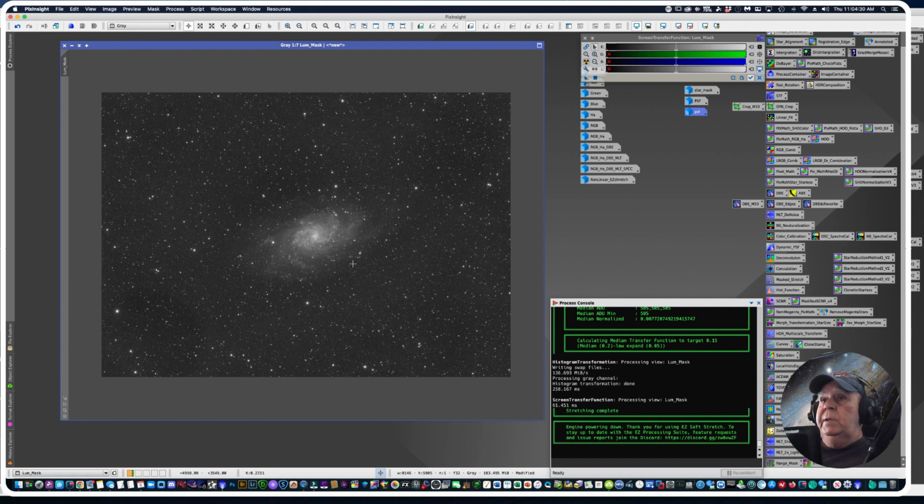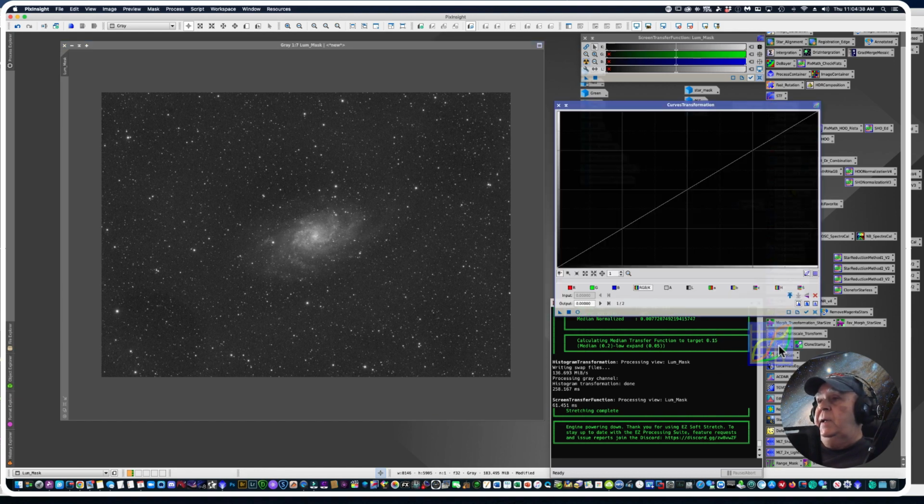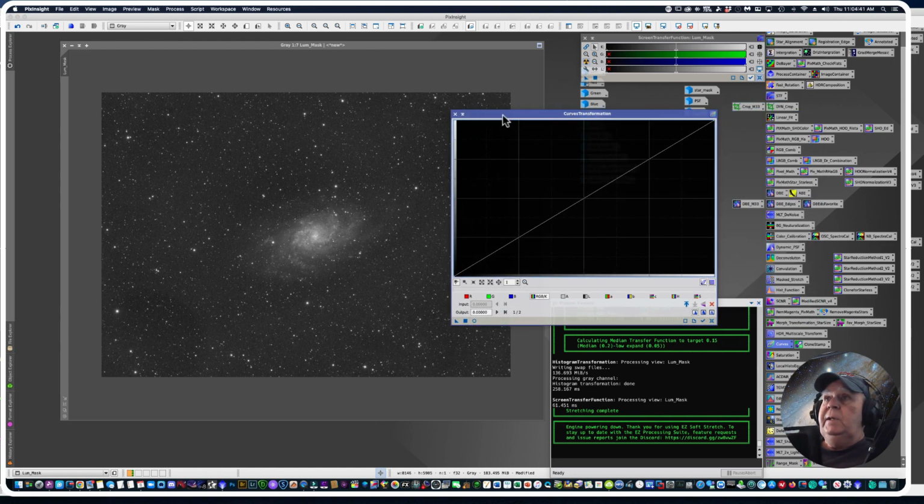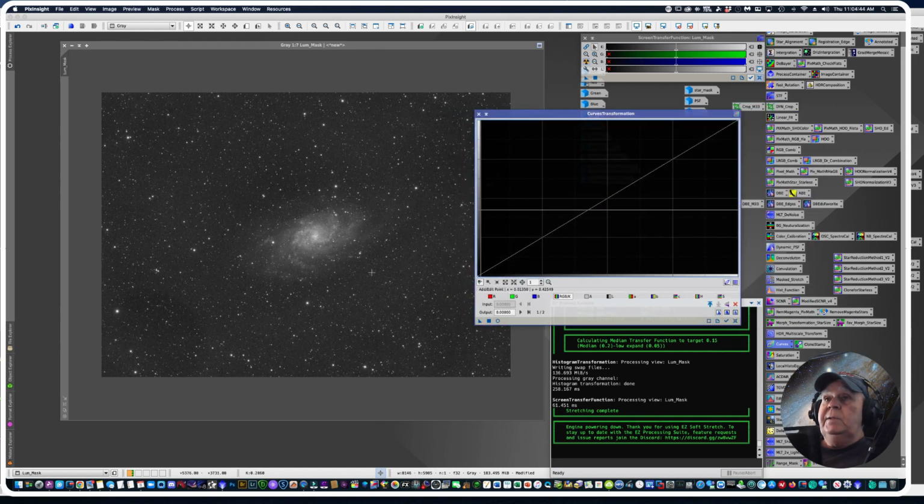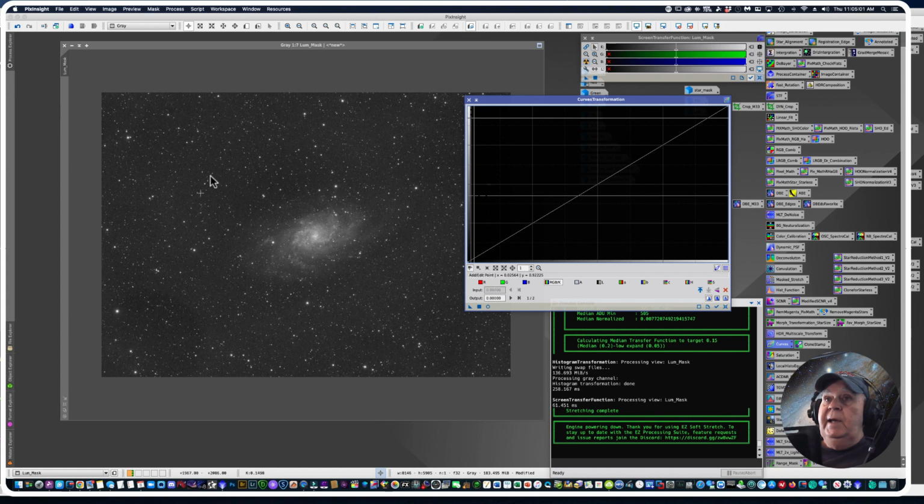Now this is a mask. I don't care how much detail or how bright I might make this. I want a mask that's going to protect some of the galaxy from deconvolving, and include some of the... can't talk. I want a mask that will help the deconvolving of this image, and in order to do that, I need to brighten it some and darken the background. So I'll use curves to do that. You could use the histogram transformation tool, just as easy. Let's create a